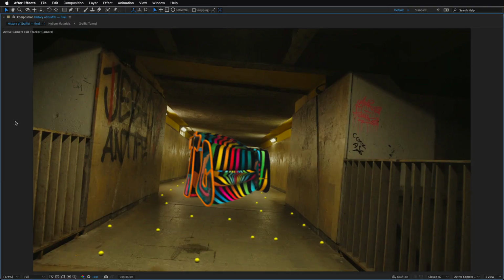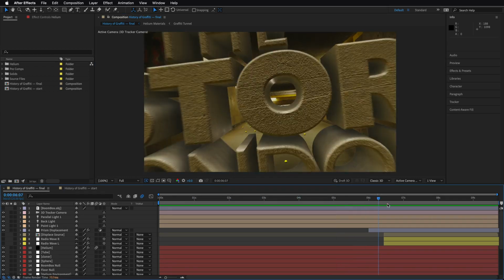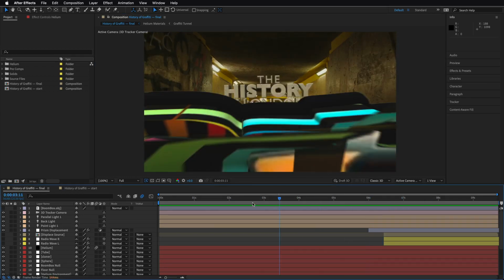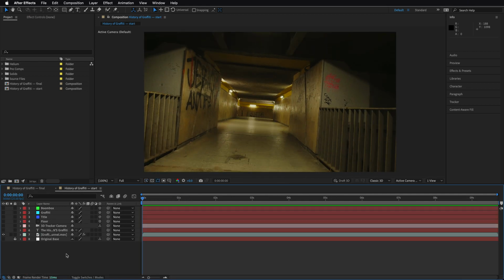Alright, so we have a lot of stuff going on here. I'm going to walk you through the basics and then break down this composition that I've created. Now I'm going to move to this starting stage, and before I start, I'm just going to show you that